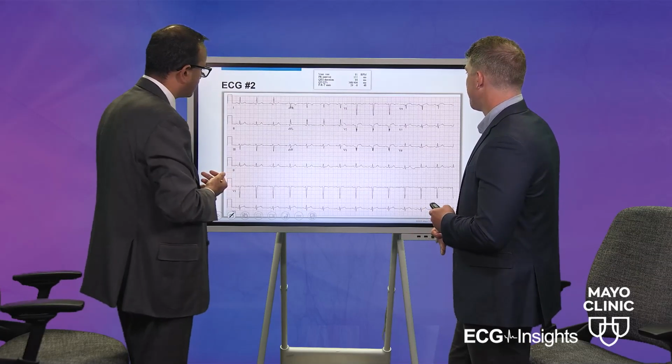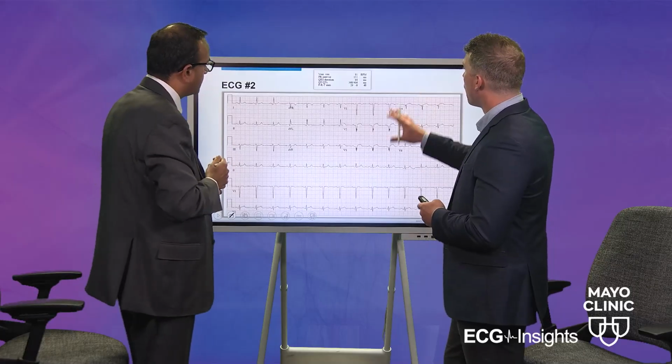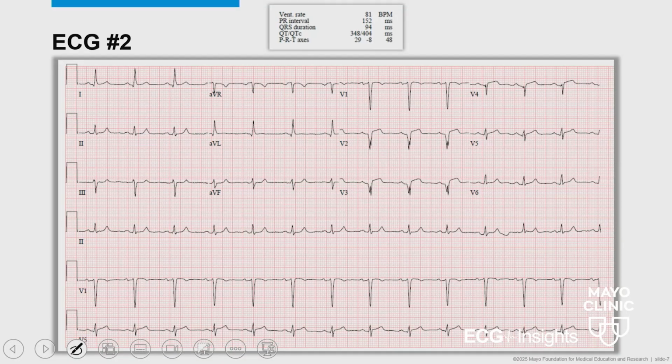Absolutely, great. A very nice ECG. Yeah, so overall, when you look at the measurements of this ECG, from a pure measurement standpoint, it looks to be pretty normal. However, when you do that assessment of your ST and T waves, clearly an anterior wall infarct. Infarct, yeah. Great.